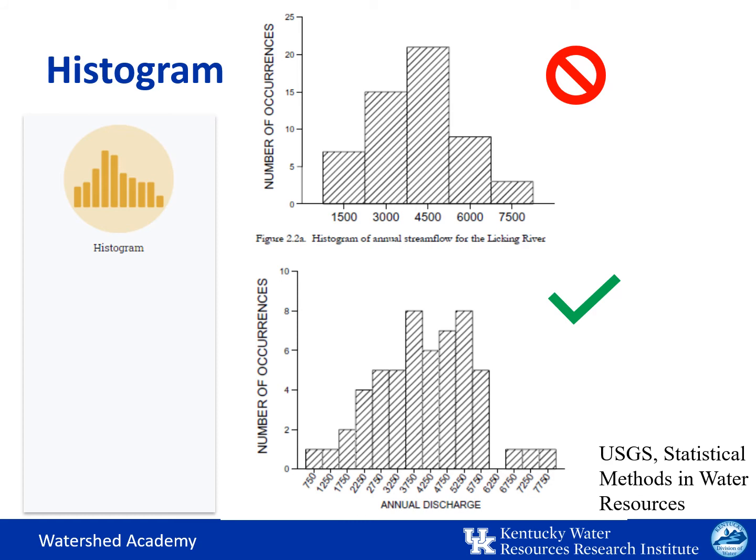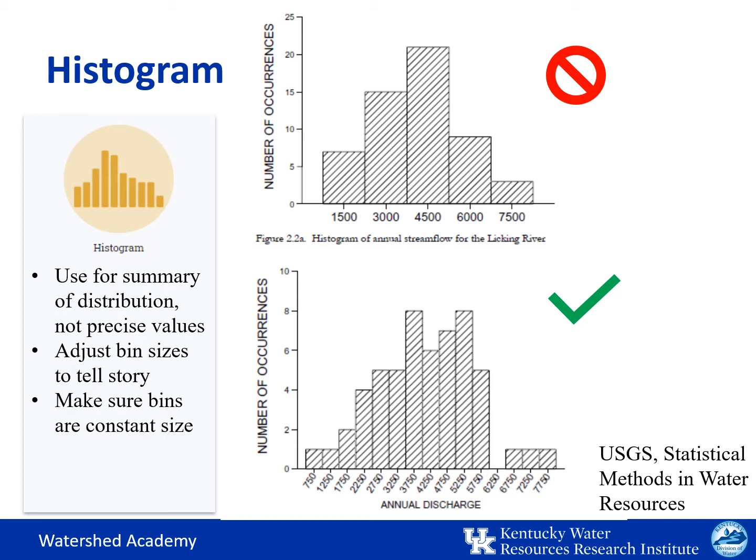Histograms are a great way to summarize the distribution of results. It doesn't show the exact results, but it shows the number within a given category. Of course, what's critical in this type of summary is the size of the categories. In this case, the histogram on the top has a category that's too large, whereas the one at the bottom, this is the same data, is refined, and so you can actually see a better representation of what's going on